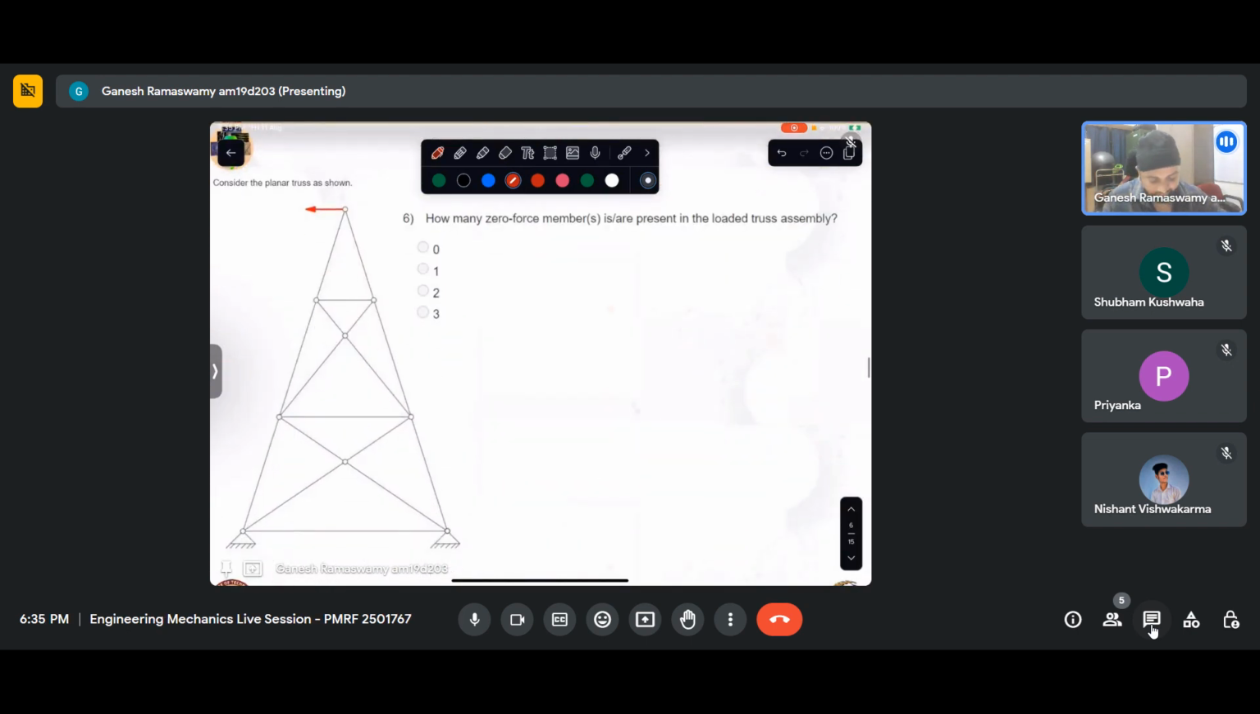So for the same truss, how many zero force members are present in the loaded truss assembly as shown? So there are conditions for identification of zero force members. Essentially, if I have